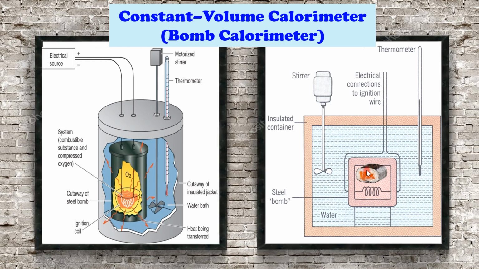In order to do this, we would place the sushi roll in a steel bomb, seal it, and then immerse it in the water inside the calorimeter. Then we would evacuate all the air out of the bomb before pumping in pure oxygen gas. After the oxygen is added, an electrical source would ignite the sample, causing it to combust, thereby yielding carbon dioxide, water vapor, and heat. As such, bomb calorimeters are built to withstand the large pressures produced from the gaseous products